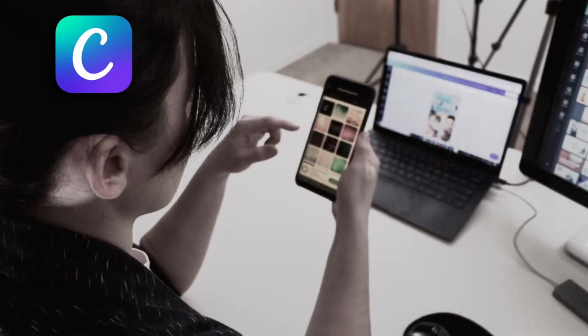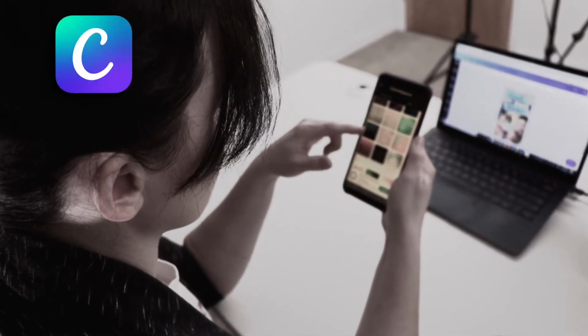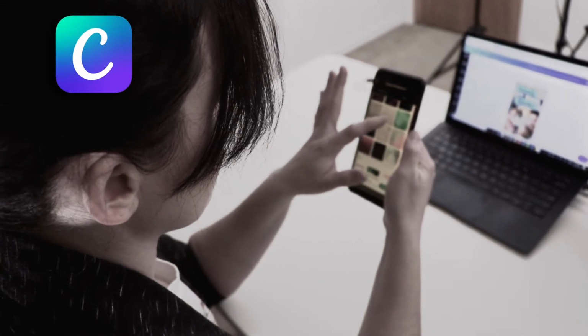It's really handy too if you like to go between your phone and desktop, if you like to do both, because when you're saving images from canva.com, you can access those on your phone and vice versa. And I think a bonus of using Canva in particular is that when you get really familiar with how to use it and you get pretty good with it, you can use it for the rest of your business. So you can use it for your video thumbnails, business cards, even I've honestly used it for our son's birthday invitations. You can use it for all kinds of stuff once you've learned this software.